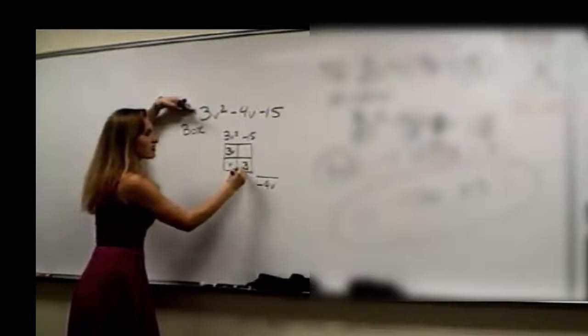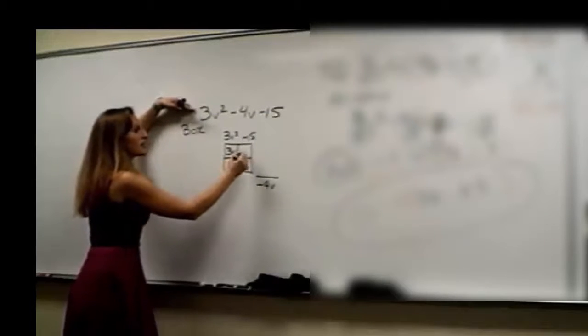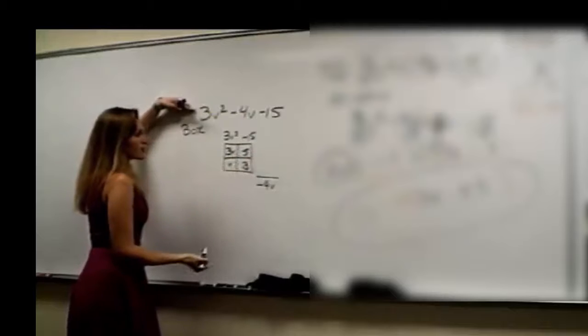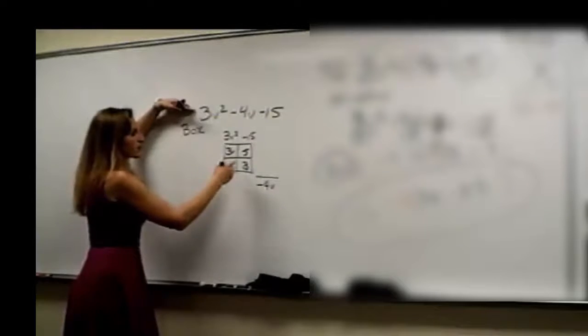So I have a 3, but I can't put it next to that 3. I'm going to have to put it over here and move it away a little bit. And then the other option is I can put a 5 right there. So now I'm going to check my diagonals. If I look at the diagonal